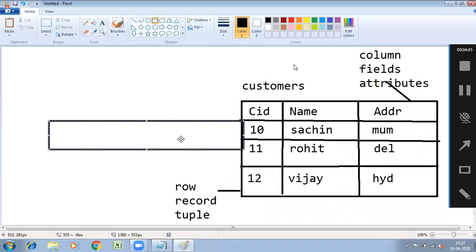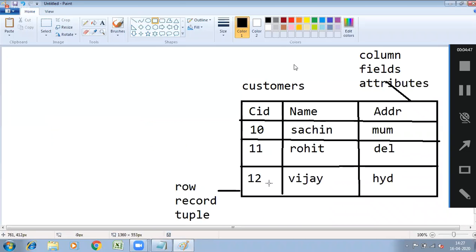Understood? If I ask what is Rohit, your answer should be: Rohit is the name of the customer whose customer ID equals 11.